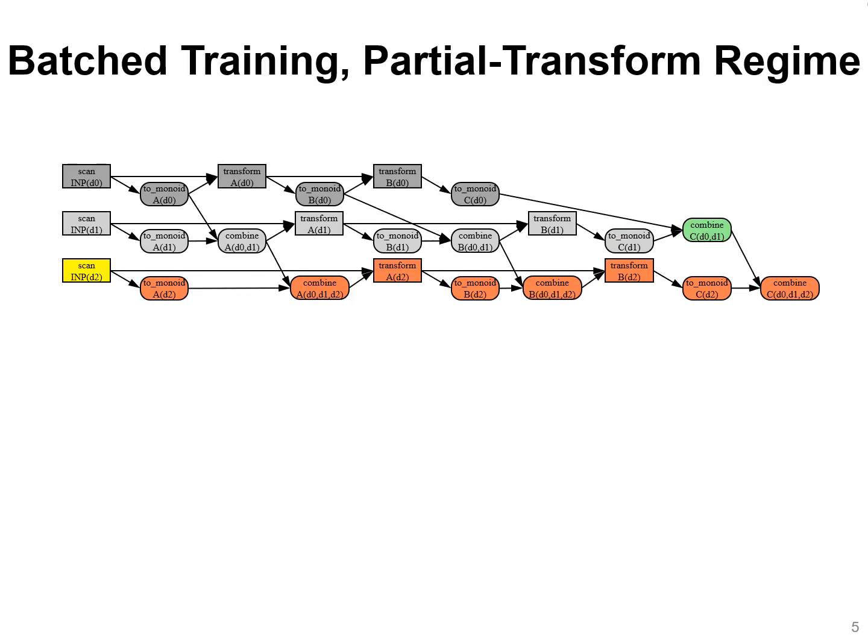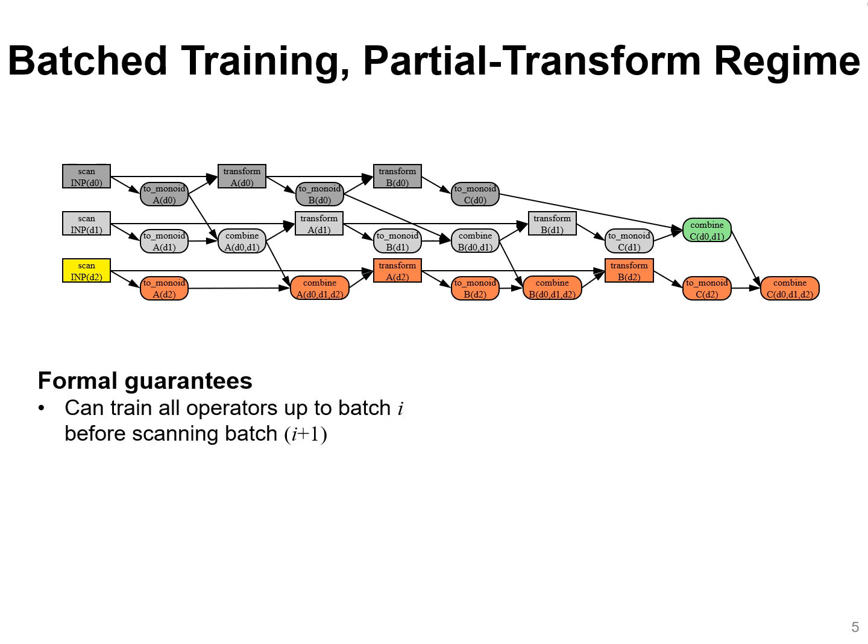Another regime that is enabled by monoidal machine learning operators is the batch training partial transform regime. In this regime, we transform a batch with an operator even before that operator is fully trained. All that we require is that the operator is trained up to and including the batch that we are trying to transform. This has a new desirable formal guarantee, which is you can actually train the entire pipeline, so all